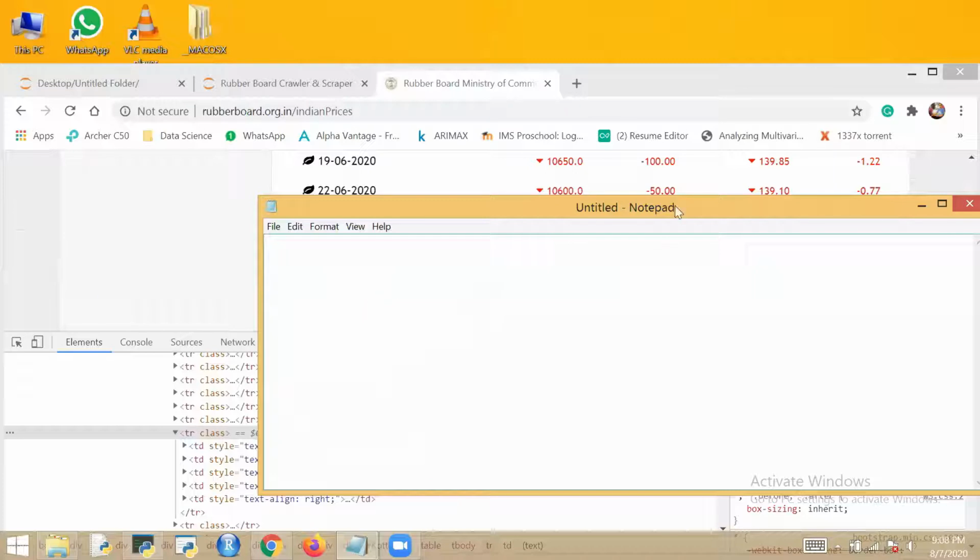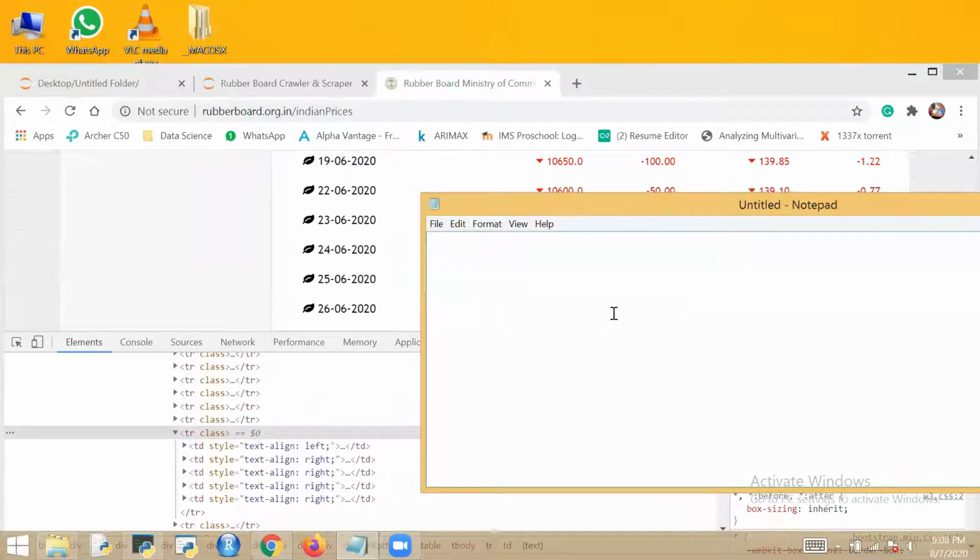I'm explaining it here. So these are our table rows, TR, TR. In one table row, 5 TD are there, 5 TD table data.